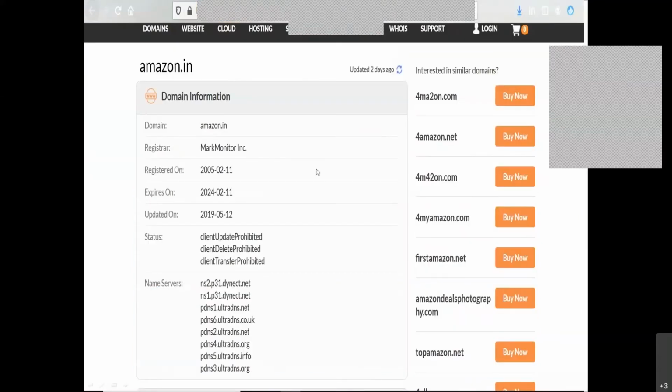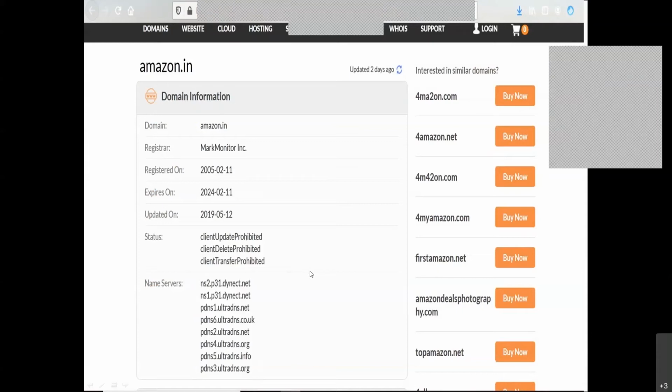Even the user can use this whois to check whether we should provide our credentials or not, how old this particular website is, right? When it is going to expire, when it has been updated, what the status is, what the name servers of that particular website are. In detail, it is providing you the name servers as well. So this is the information which can be extracted.